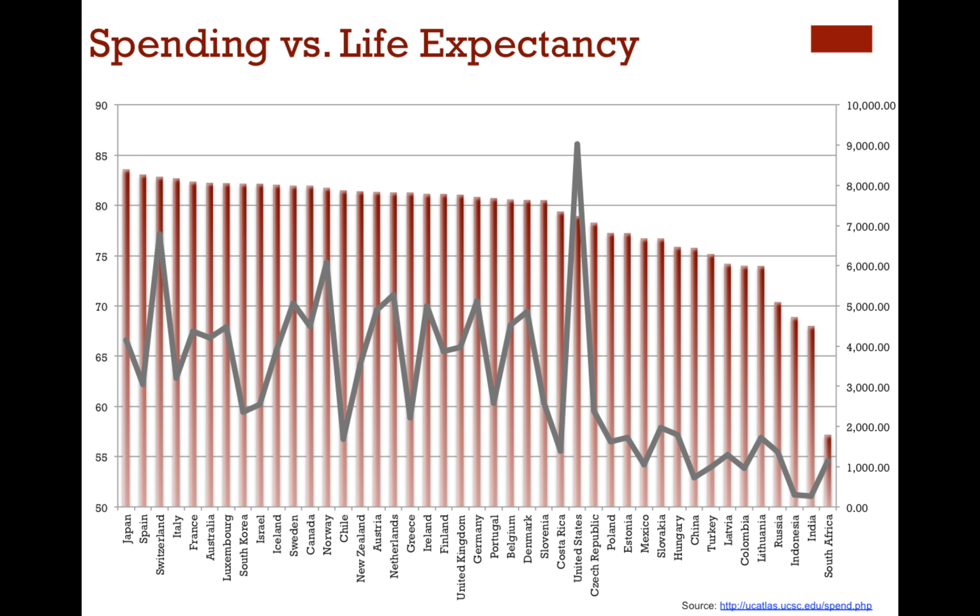This is a really busy graph again, but if you look, the gray line, I'm sorry, this is how much we're spending. So for each country, what they're spending. It's on this chart, the axis over here. And the red bars is their life expectancy. That's the United States. We spend by far at least double more than anyone else, and our life expectancy doesn't match up. We're not getting a great bang for our buck.